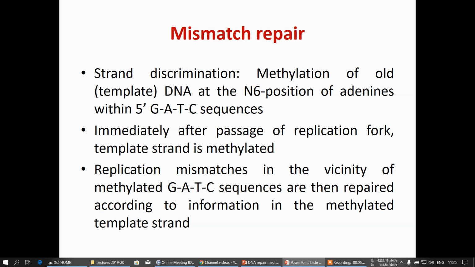First we discuss mismatch repair. Now, in general, any repairing is mostly required in the newly synthesized strand, and when repairing is required, it is a must to first identify which is the actual newly synthesized strand and which is the original template or parent strand. The parent strand is normal, but the mismatch or damage occurs mainly in the newly synthesized strand. So this newly synthesized strand must be identified first.